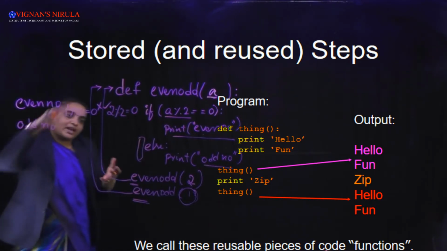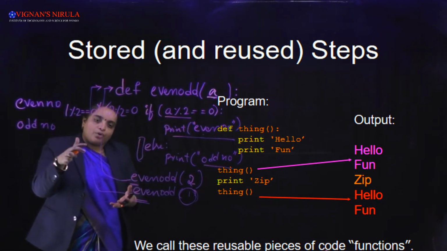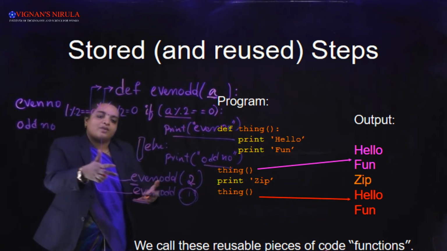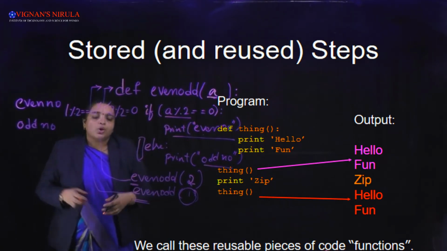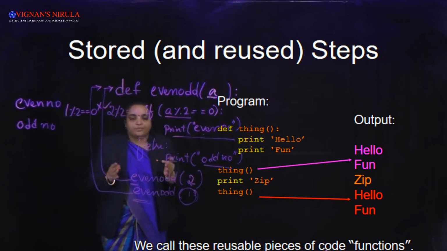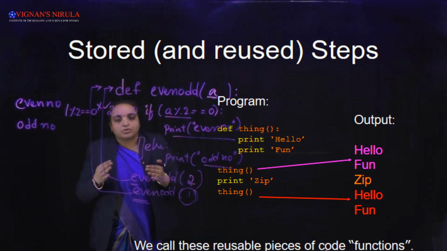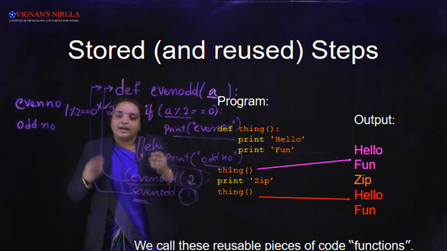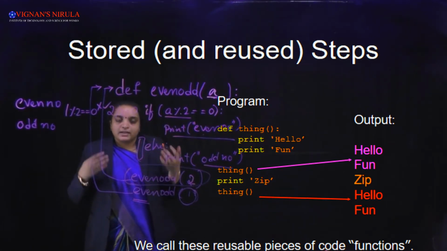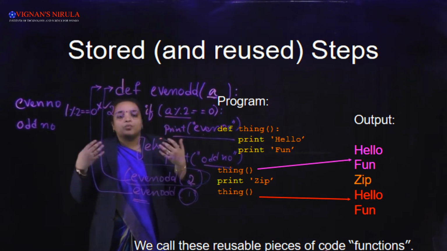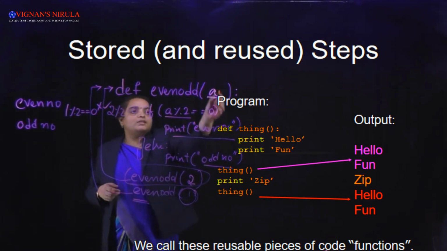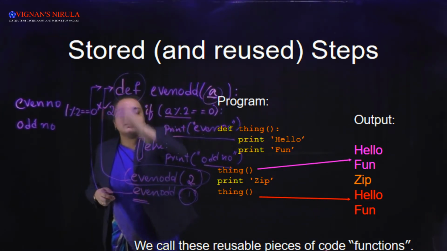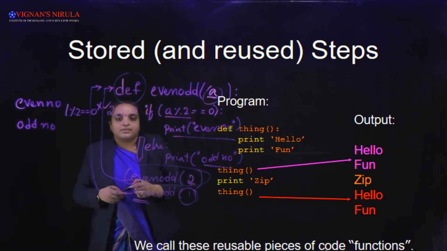So in this way the function will reuse your code whenever it is necessary. If you have 100 lines of code, in those 100 lines also it will use the same function whenever it is needed. Is that clear? Let us move on to the definition, the arguments, and the syntax of a function. Let's see it now.